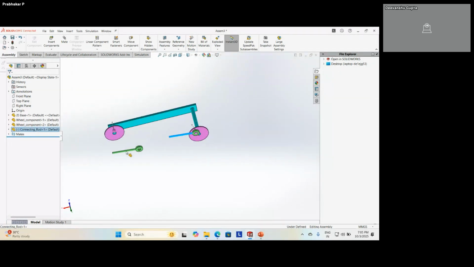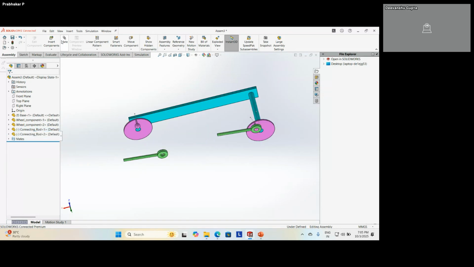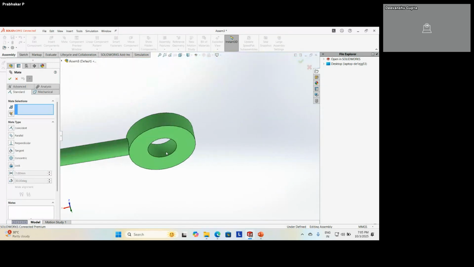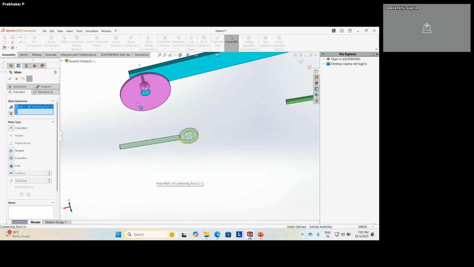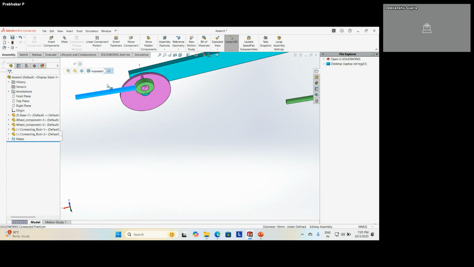The same thing I duplicate here, mate, because you can see it automatically spherically they have cut. So they have mentioned just give the concentric, that is fine. So I do it that.